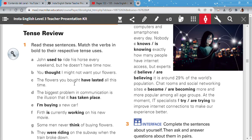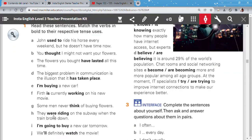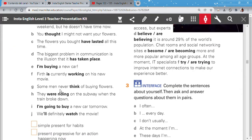C. The flowers you bought have lasted all this time. D. The biggest problem in communication is the illusion that it has taken place. E. I'm buying a new car. F. Fist is currently working on his new movie. G. Some men never think of buying flowers. H. They were riding on the subway when the train broke down. I. I'm going to buy a new car tomorrow. J. Will